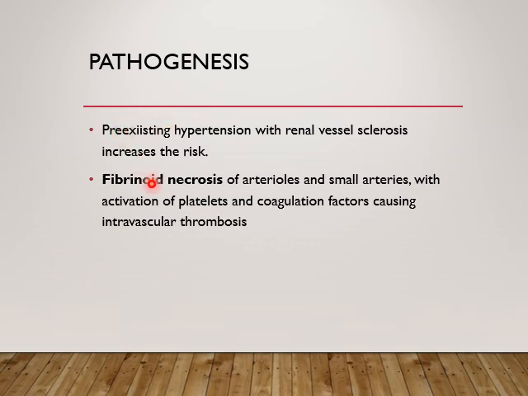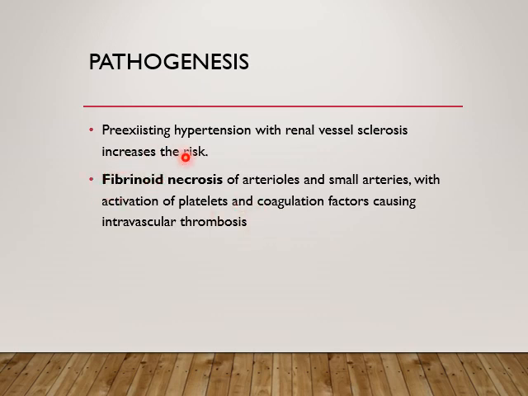The most common pathogenesis which has to be remembered in this entity is fibrinoid necrosis. It's also one type of necrosis like caseous and coagulative necrosis, but wherever the term fibrinoid necrosis comes, you should remember it is a necrosis of arterioles and the smaller arteries. As a result of ischemia or lower blood supply with endothelial damage, with the activation of chronic inflammatory infiltrates, there is reactivation of platelets and coagulation factors. It also leads to the formation of microthrombi within the capillary blood of the kidney. That one point has to be remembered.